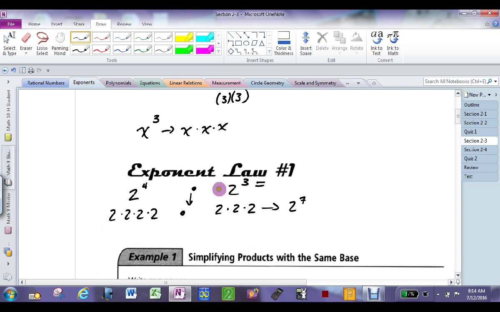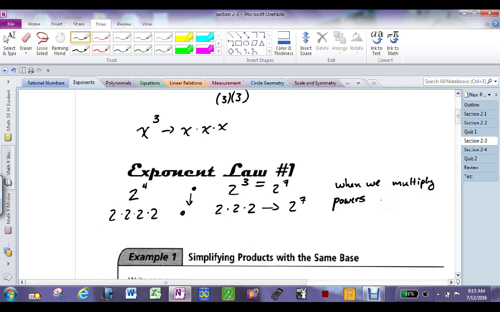If this is this, and this is this, and this is this, then what is 2 to the 4th times 2 to the 3rd? 2 to the 7th. Now most of you have already done Math 9, so you already knew that. Right? So, what's the shortcut? When we multiply what? Not exponents, because we're not multiplying the exponents. What do we call the whole thing? Powers. When we multiply powers,